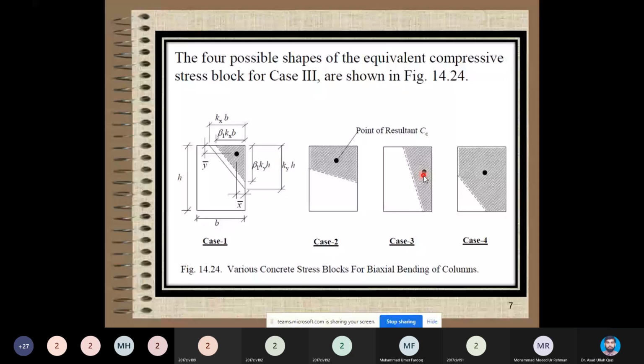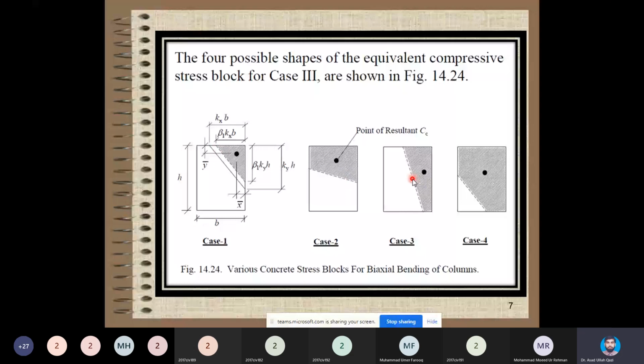Now in this one, it is altogether different: the eccentricity is more towards the x-axis, and still opposite edges are intercepting the neutral axis, but look at the orientation of the neutral axis, which is the counterclockwise angle from the vertical axis. It seems to be like 10 degrees, it seems to be like 80 degrees, it seems to be like 45 degrees. So there are three possible scenarios, and the fourth one, look at it.